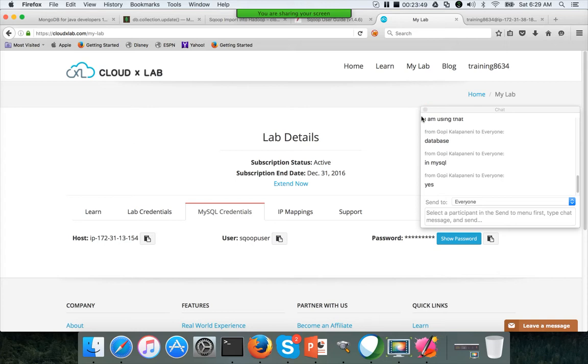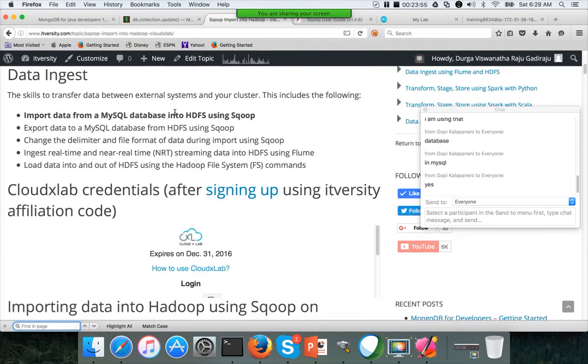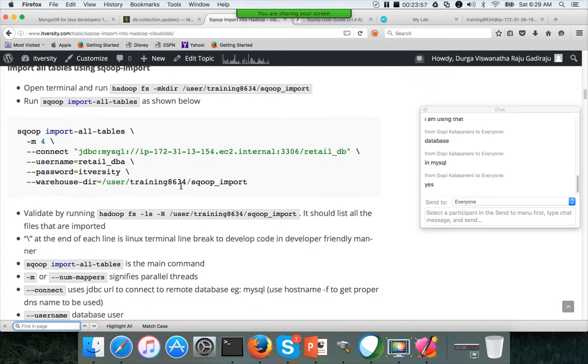The reason I'm asking you to connect as retail_dba is that if you go to my code, I'm using the same database, so you don't need to make many changes. You just have to change your username here, because whenever you load data into HDFS, you get access only to the directory /user/your name, and there you can create the directory.